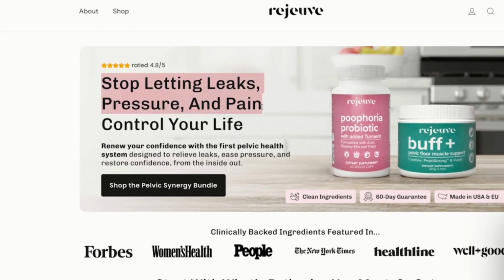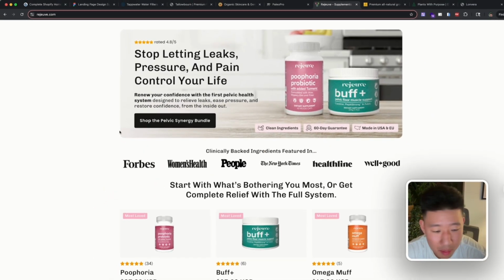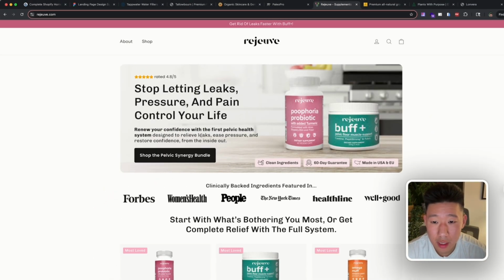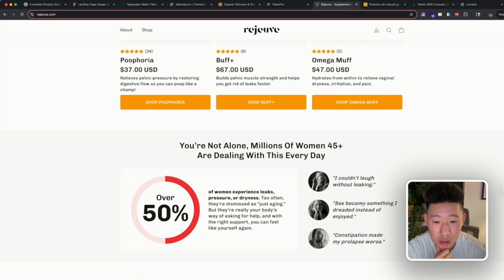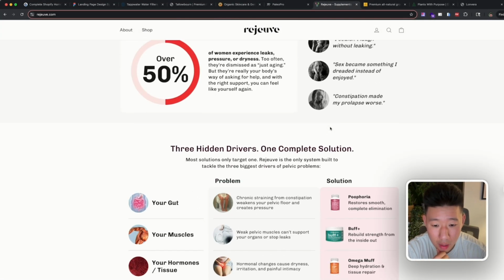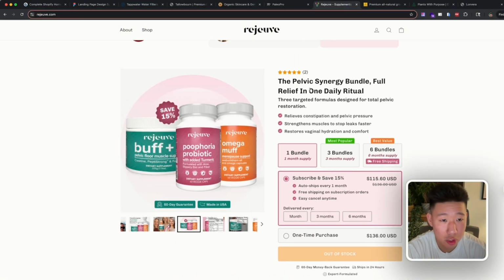Stop letting leaks, pressure, and pain control your life. This is for women who have issues with their pelvis, their stomach, and stuff like that. But you can see that specific with what they're solving, right? These are all problems that they're solving for, and they have a main bundle that they're pushing traffic to. But here we have the 3 main products. We have education on the different problems, the solution for each problem, and then providing that ultimate solution, that ultimate